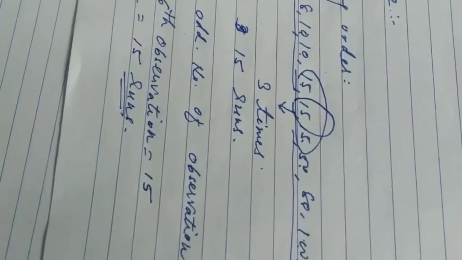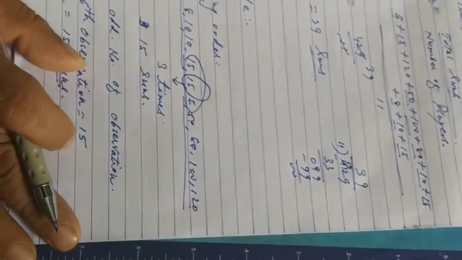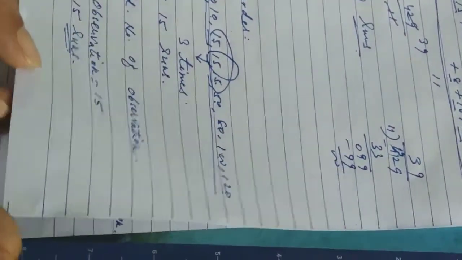Understood? So here it asks, find the mean, mode and median of this data. Are the three the same? No, all three are not the same. The mean is 39, which is different from the mode and median. So all of you understood how to find the mean, mode and median? Okay, good. Now let's go for the next example, number 3.